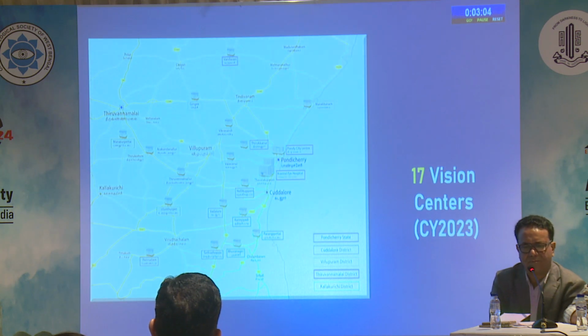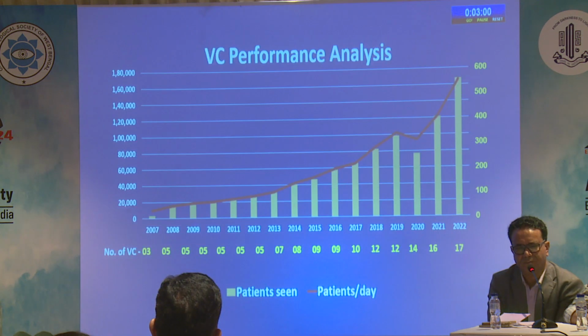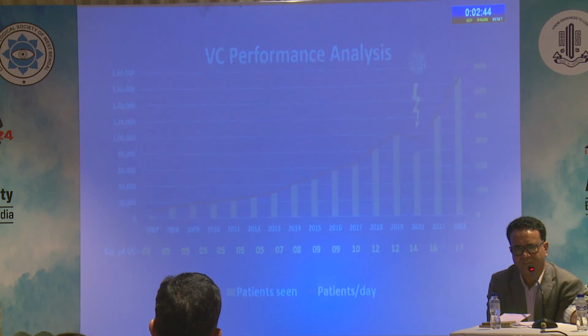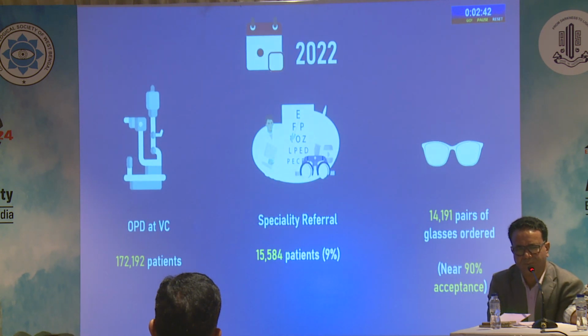So looking at our center, which has 17 vision centers under it as of 2023, we analyze the numbers that we've seen over the years. In 2007, we had a very measly uptake of around 10,000 patients per year, but come 2022, we are seeing over 160,000 patients per year, averaging more than 50 per day at each center, with just a COVID drop seen in 2020. Now looking at 2022, we've seen north of 170,000 patients at the VC,